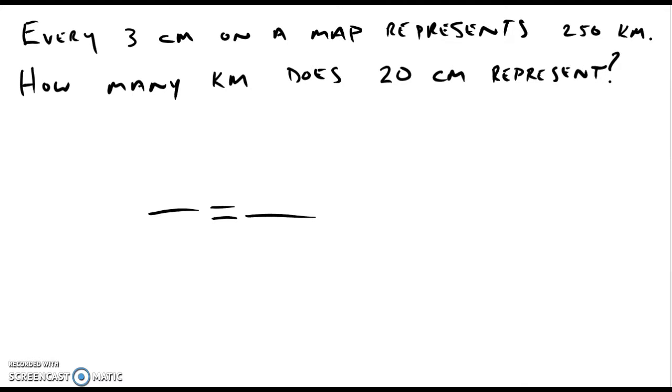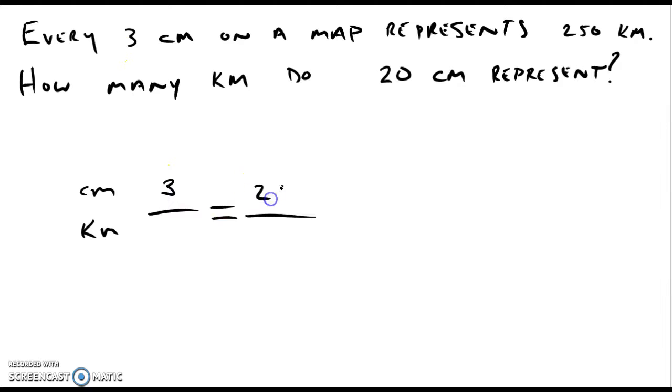Every 3 centimeters on a map represents 250 kilometers. How many kilometers do 20 centimeters represent? Let's back up. What I mean by same unit, same level: level means we either have a top or a bottom. What units are we dealing with? We are dealing with centimeters and kilometers. Let's put centimeters on the top and kilometers on the bottom. It doesn't matter, you can switch these around as long as you keep your same units on the same level. So 3 centimeters